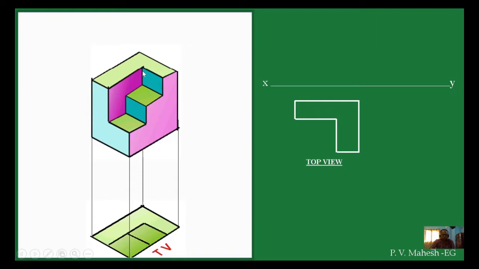Now this line will collapse into a point, and this will be visible. Where will it be visible? Beside this. So beside this we will draw this shape, this rectangle. Now this one again will collapse and it will form a rectangle beside this. So it will be like this.